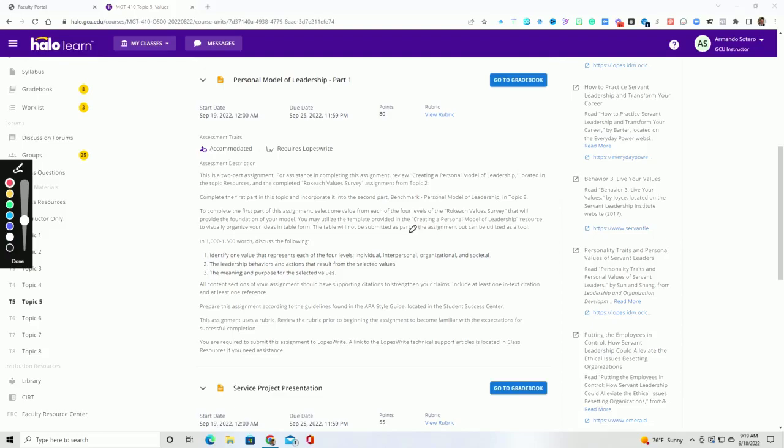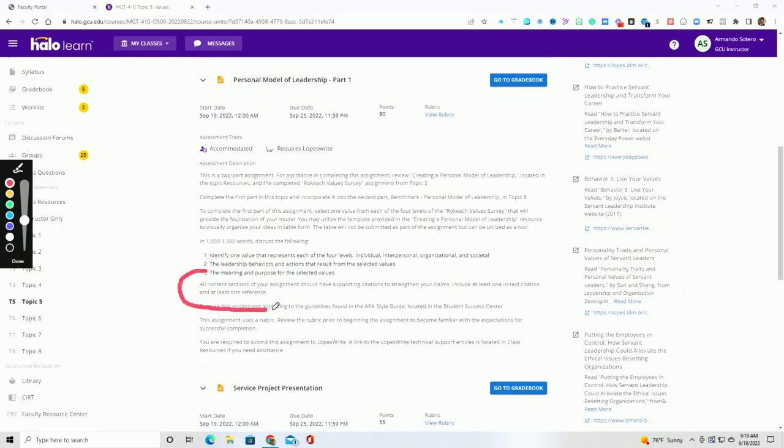A couple of things that I want you to understand is that you need at least 1,000 words. If you write under 1,000 words, you're going to lose points in the rubric, especially in the major content areas, for not going deeper in your analysis. I don't cap you at 1,500, so you can definitely go over 1,500. I just don't want you to go under 1,000 words. Here are the parameters of the assignment.